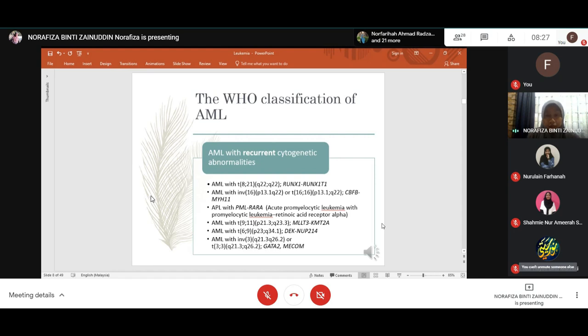There is a combination of, as I mentioned just now, genetic abnormalities. You can see translocation 8;21, q22, q22, and also involvement of inversion of chromosome 16, and the presence of PML-RARA, and also translocation. Mostly the presentation is with translocation, recurrent cytogenetic abnormalities, and also